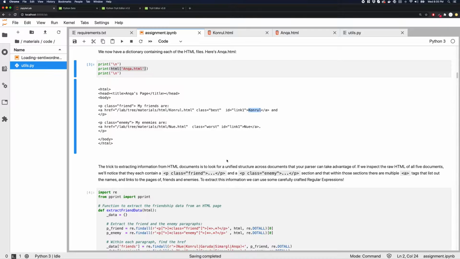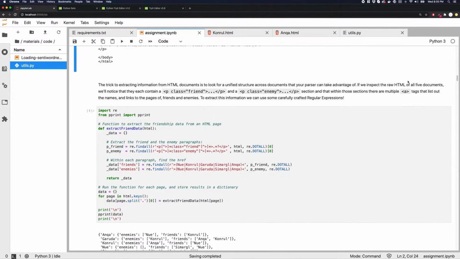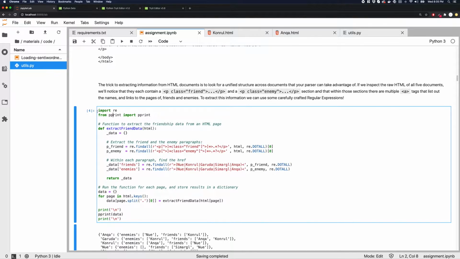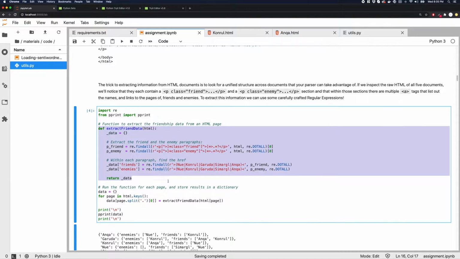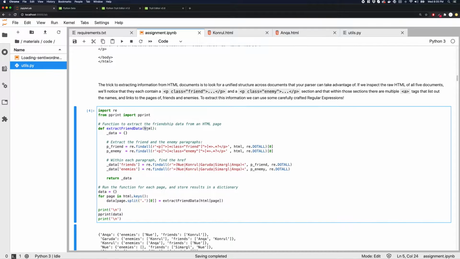Okay, so one way we can extract this information is using what you learned last time, a regular expression. So I can come here and import the regular expression library as we did before and write a very simple function to extract the friend data. What this function is going to do is take one of those HTML pages and run a regular expression to find where the p tag starts, grab everything in between before the end,